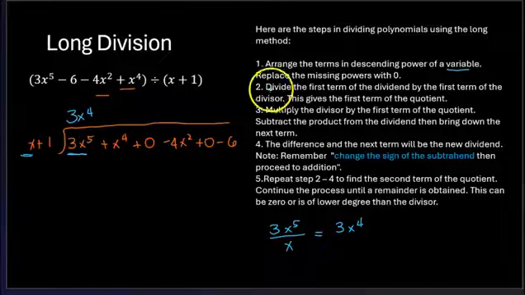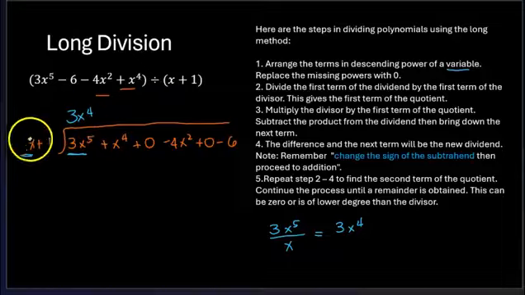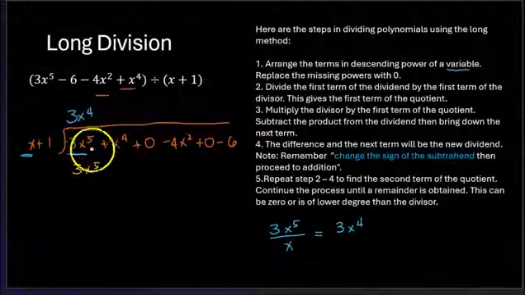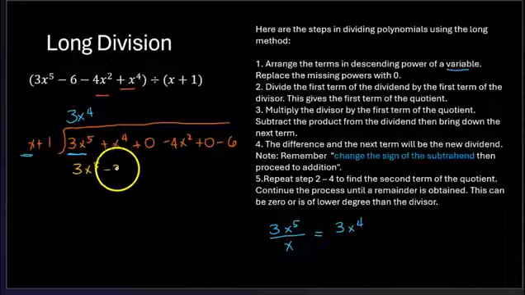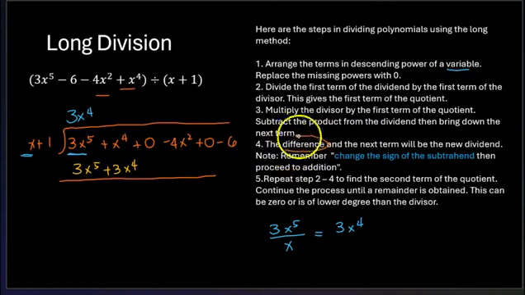So that's the second step. Divide the first term of the dividend by the first term of the divisor, and you would get the first term of the quotient. Then we multiply the first term to the divisor. You can double check if you have the correct quotient, because if you multiply, you should get the same. That's the idea of just this term. And then 3 times x, positive. Then what do we do next? Don't forget, we are going to take the difference.